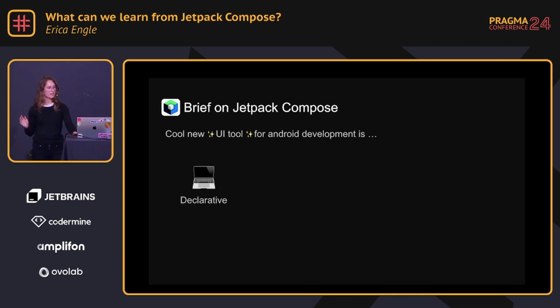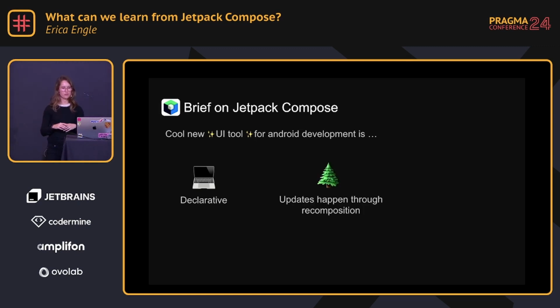And Jetpack Compose is declarative also. Interesting. Keep that noted for later. The updates in Jetpack Compose for how you relay out code goes through recomposition. So thinking about if you're building that tree, everything in the leaf nodes, you make an update, send in a new input, make sure it's mutable, then all of the changes happen through a recomposition process. Everything's all Kotlin. I don't think there's going to be a way for you to do anything with Java with Compose.